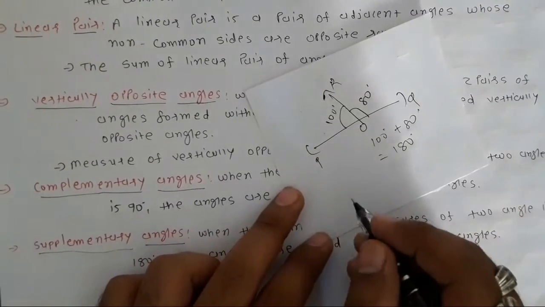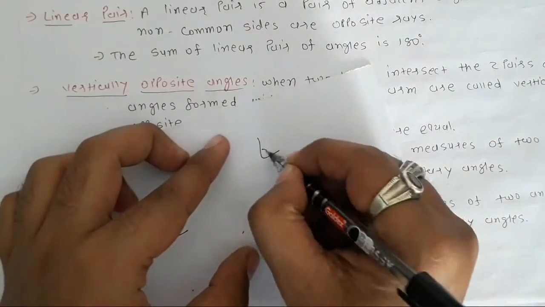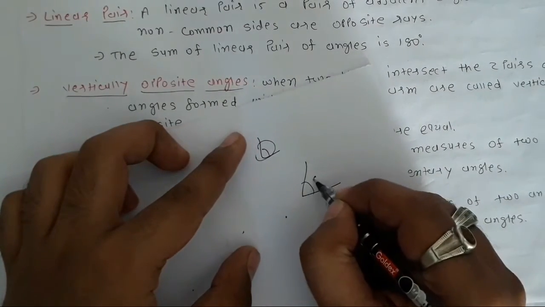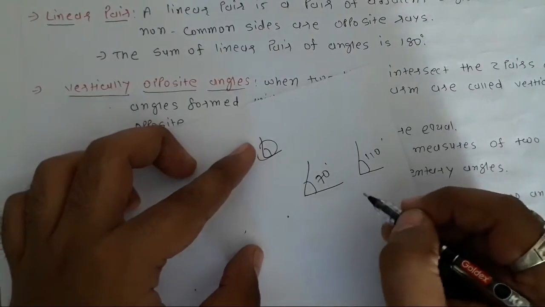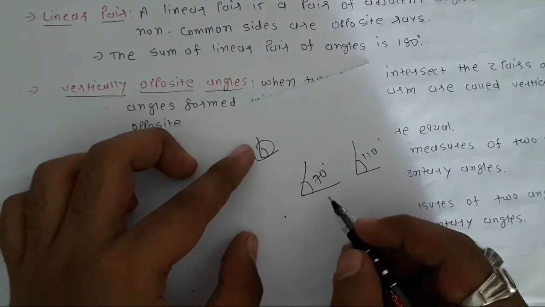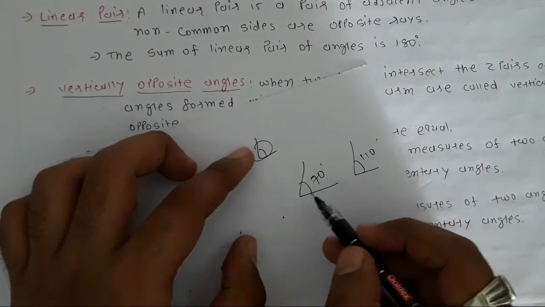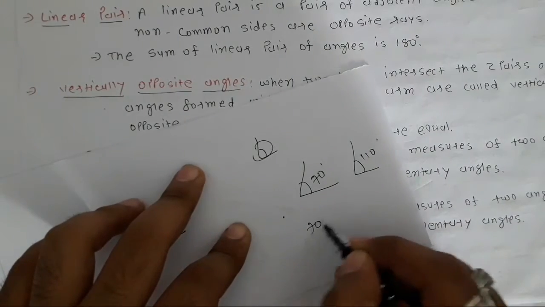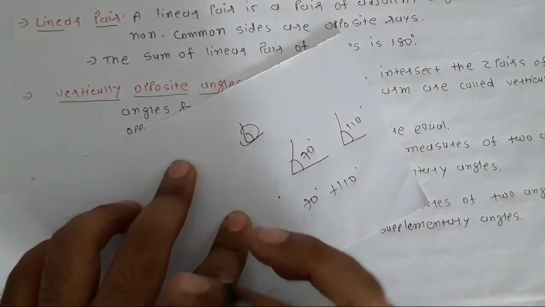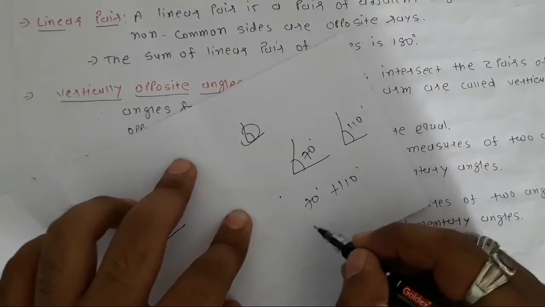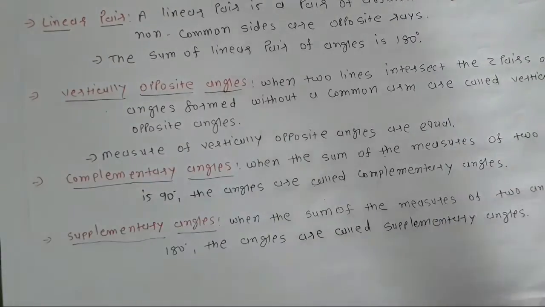But in exam questions, it will be like, check, for example, the measurement of this angle is 70 degrees and the measurement of this angle is 110 degrees. Now check whether both angles are supplementary or not. For this case you have to understand it more compared to the previous one. Here we will add these two angles, 70 plus 110. If the summation of these angles is 180, then these angles are supplementary angles. So 70 plus 110, the answer is 180 degrees. So yes, these angles are supplementary angles.